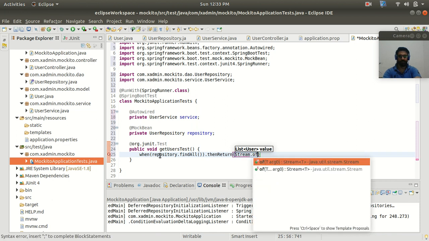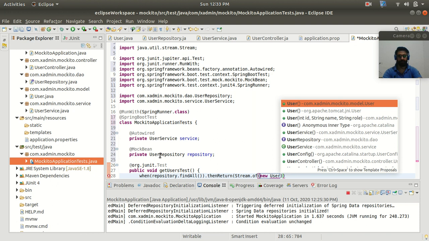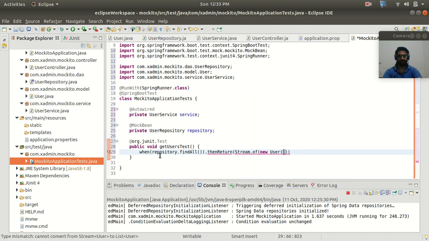We can use Stream.of, and inside this I'm going to create the user class object, and inside the constructor I will pass the id as 101, the name as something like Ashish, and the role as something like user.